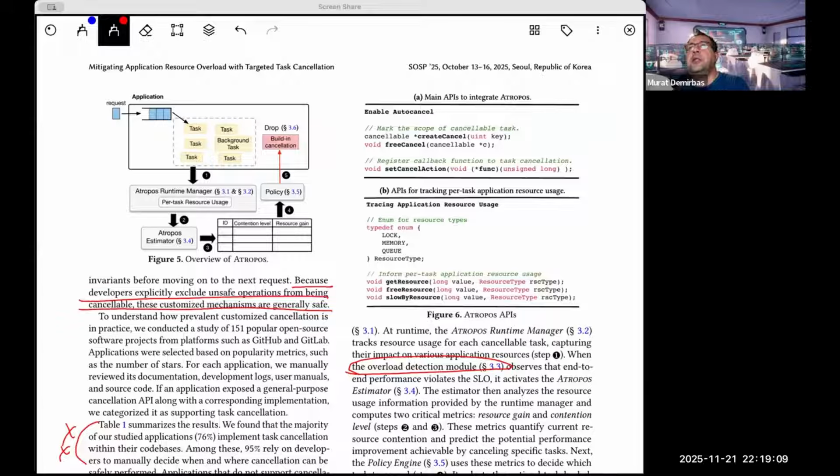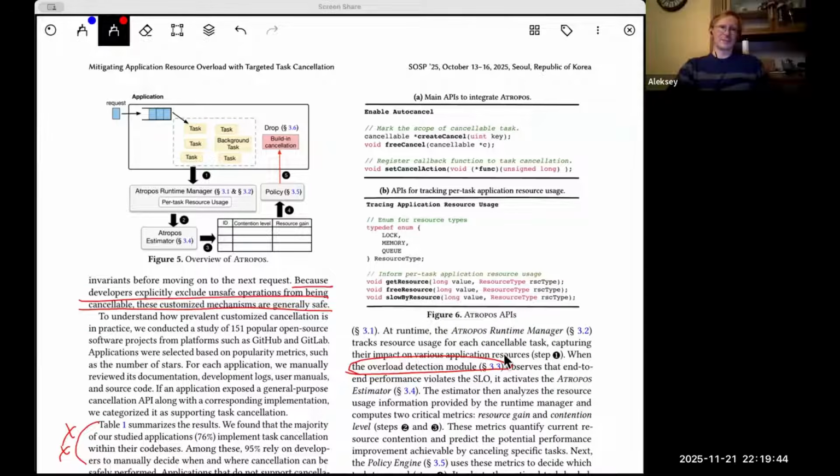However, application resources are much harder to trace because their usage patterns are deeply tied to application-specific logic. For example, a queue may be used for task scheduling in one application and for message passing in another. These variations mean that application resources lack standardized hook interfaces. Blindly instrumenting all possible usage points would introduce significant overhead. Atropos addresses this challenge by unifying all resources under a single abstraction, the application resource. I don't get it, so we should read it.